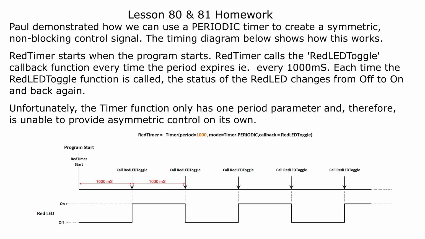Red timer starts when the program starts. Red timer calls the red LED toggle callback function every time the period expires, in other words, every 1000 milliseconds. Each time the red LED toggle function is called, the status of the red LED changes from off to on and back again. Unfortunately, the timer function only has one period parameter and therefore is unable to provide asymmetric control